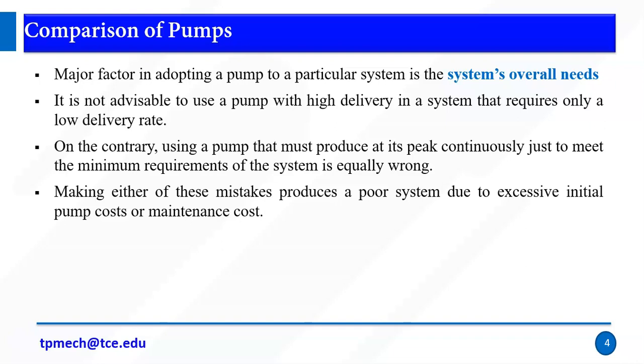So the main important point is whatever we want, we need to use that capacity pump, right? So for example, I need a 5. Assume 5 units of delivery rate pump. I need to use only 5, not more than 10, right? If I use a high power pump, the initial pump cost is more because the cost is directly proportional to the delivery rate, right? And the maintenance cost may also increase. So we need to select a proper pump based on our applications, right?